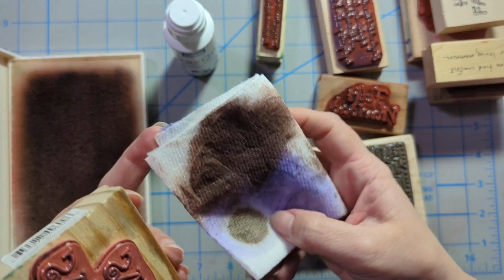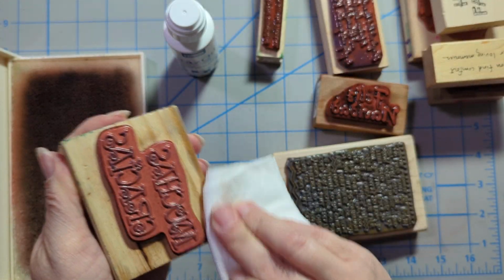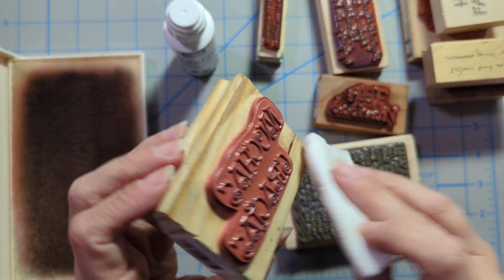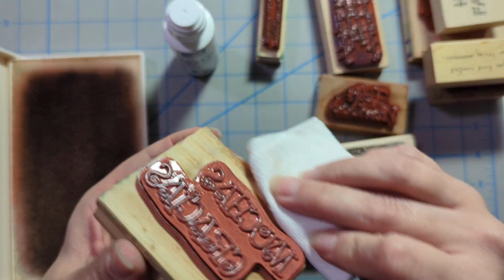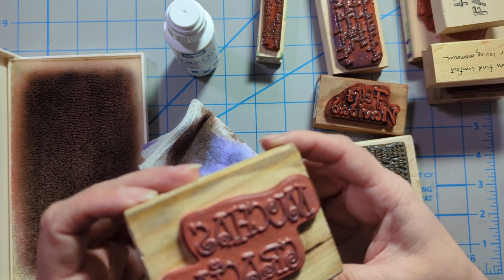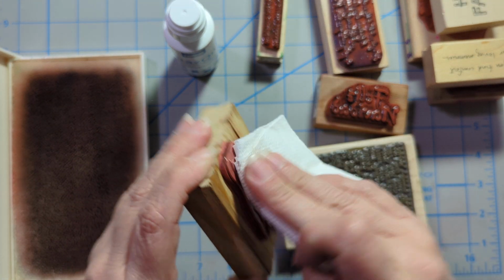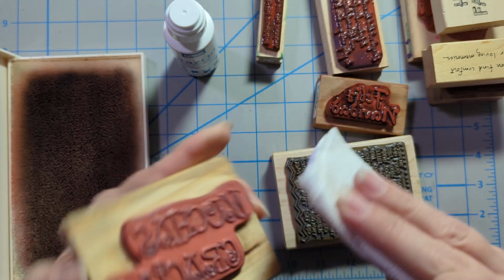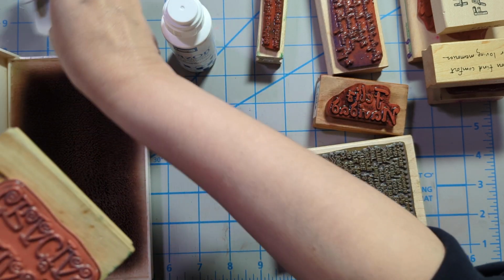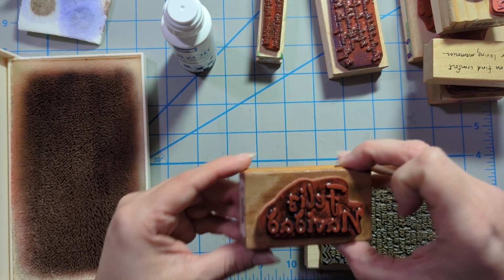Yeah, this is getting really grimy now. I'm dyeing my wood block. That's okay. This wood block looks like it's already an unstained piece of wood, so it doesn't have a sealant or anything to prevent that color from depositing onto the wood. I think this is as close as I'm gonna get to clean for this particular stamp, other than, again, taking it to the sink. So I'm gonna go ahead and put this in the pile to clean,